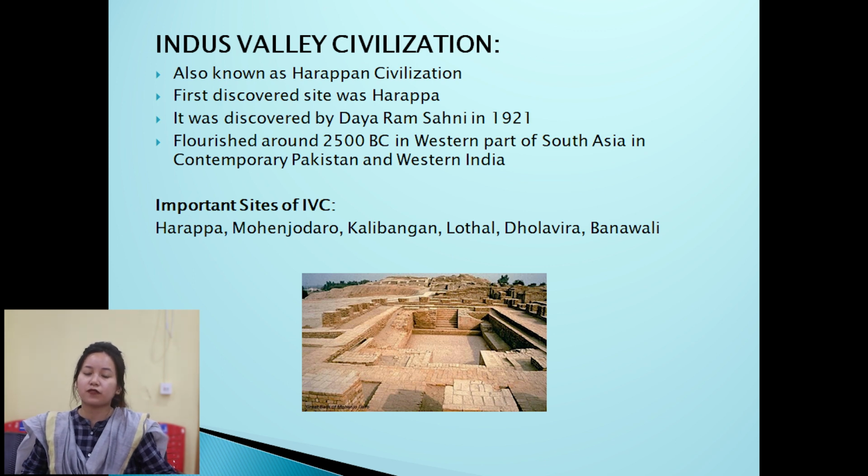Most of the settlements of the Indus Valley Civilization are on the bank of rivers, particularly the river Indus and its tributaries. As far as extension is concerned, the Indus Valley Civilization is one of the largest of the four ancient civilizations in the world, compared to the civilizations of Egypt, Mesopotamia, South Asia and China.